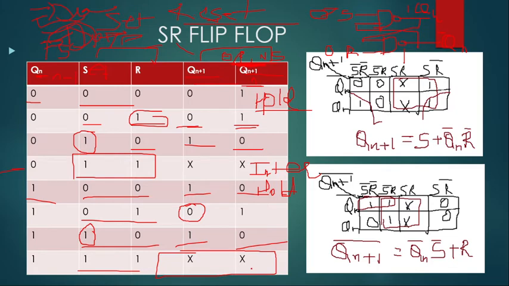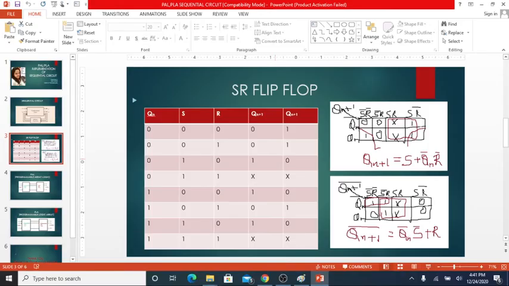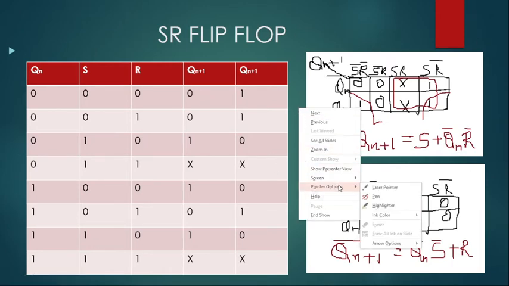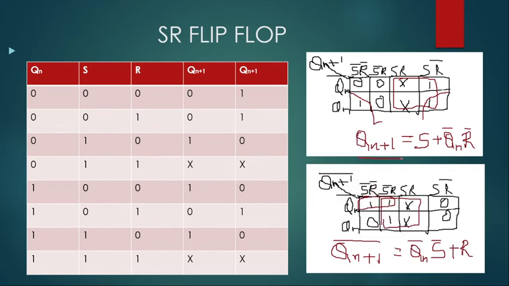And now, for implementing PAL and PLA structure you should have the equation. For writing the equation, you can use the K-map, and K-map is this. Again you have the inputs from 0 to 8, so you will make an 8 input K-map and then fill the values. When you observe, the two equations obtained are Qn plus 1 is S plus Qn bar R bar, and Qn plus 1 bar is Qn bar S bar plus R.